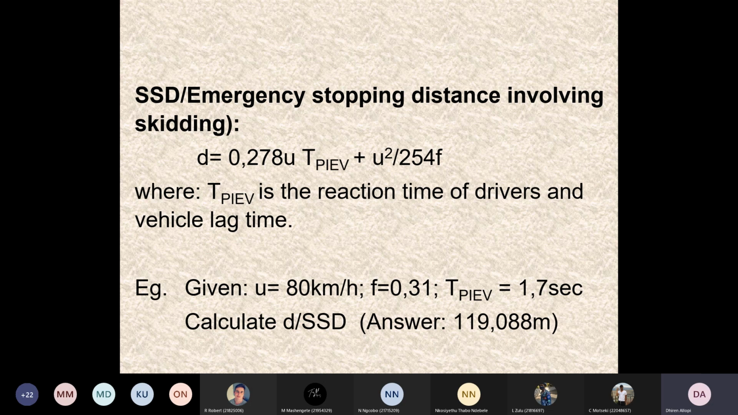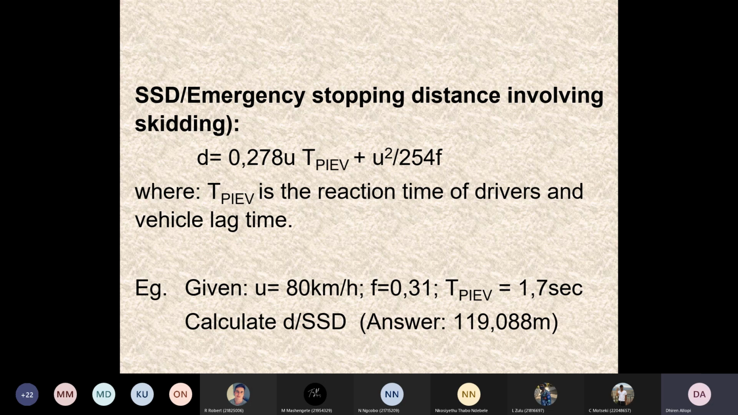Well, of course, in a question that will be given to you, like the example at the bottom, you're given your speed of 80 kilometers per hour, your frictional value of 0.31, and the reaction time of the driver and the vehicle lag time as 1.7 seconds. From there you are required to calculate the safe stopping sight distance involving skidding, or the emergency stopping distance involving skidding. And you can see again the answer is given